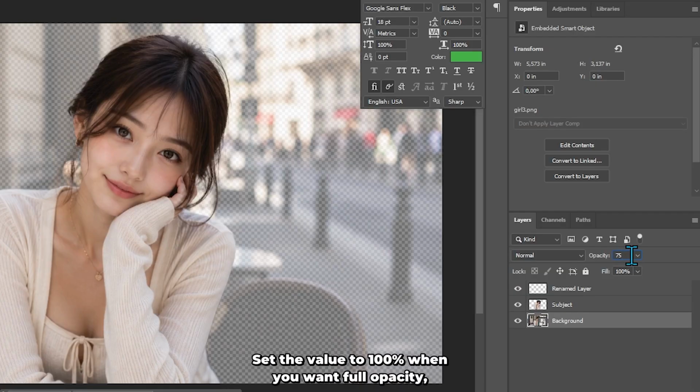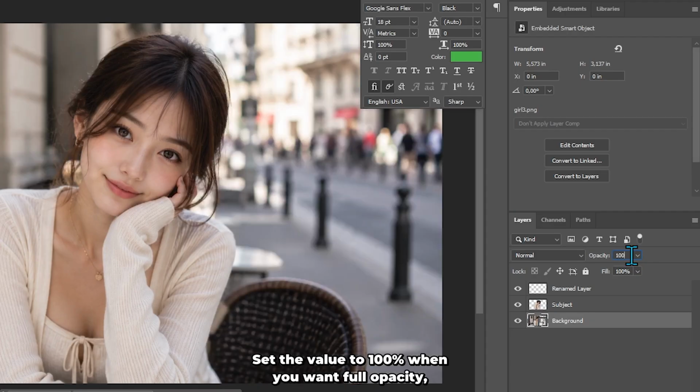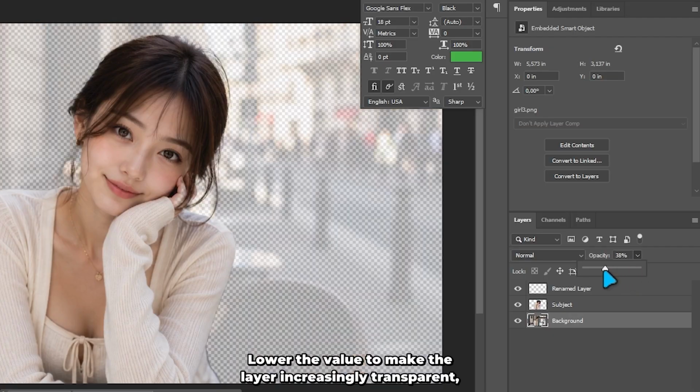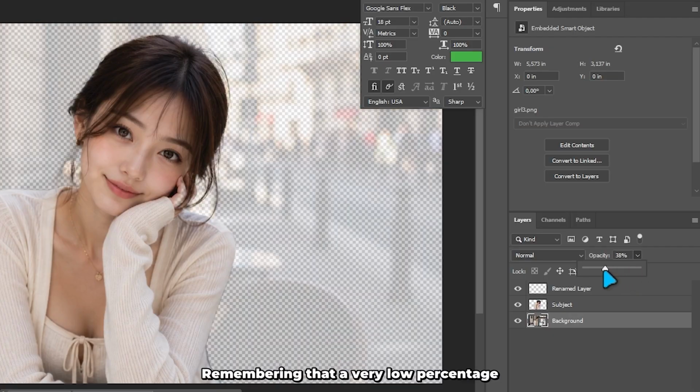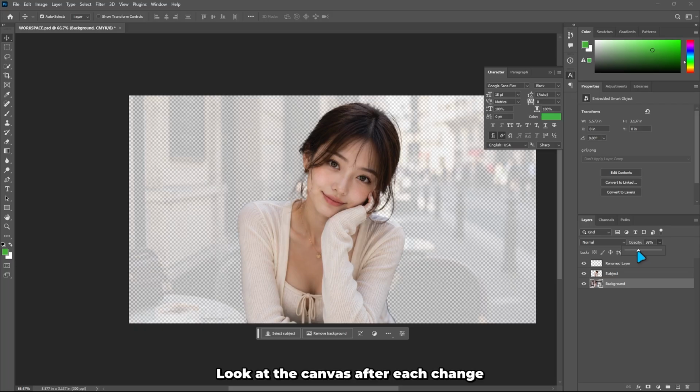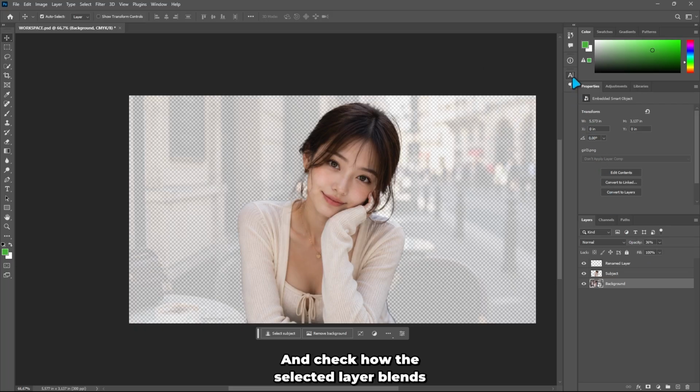Set the value to 100% when you want full opacity, meaning the layer displays at its complete strength with no transparency caused by this setting. Lower the value to make the layer increasingly transparent, remembering that a very low percentage can make its content difficult to see. Look at the canvas after each change and check how the selected layer blends with the background and